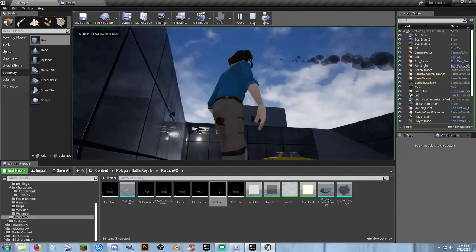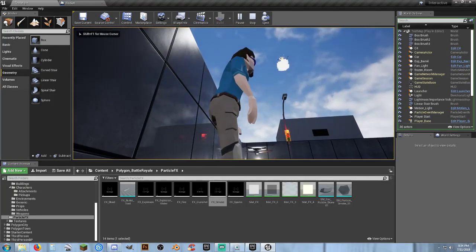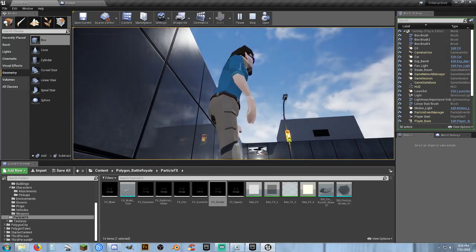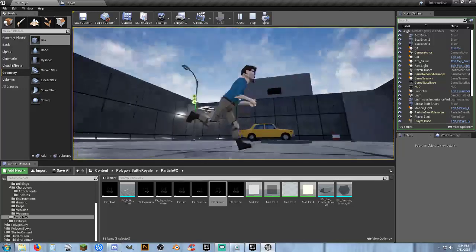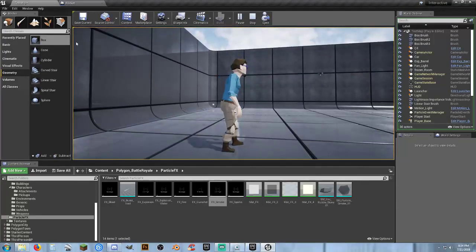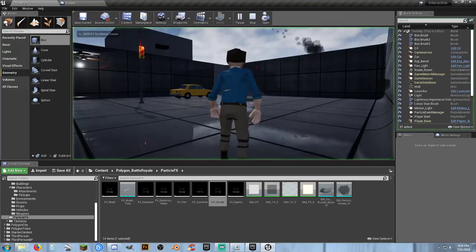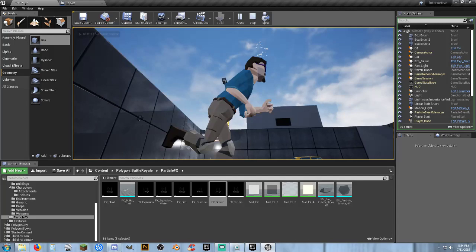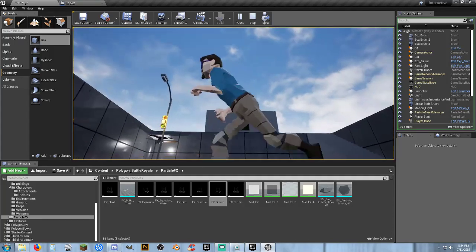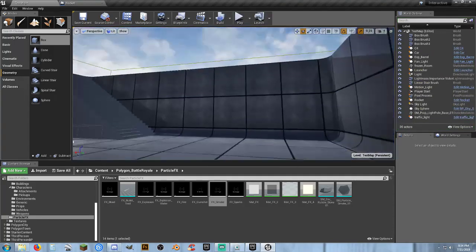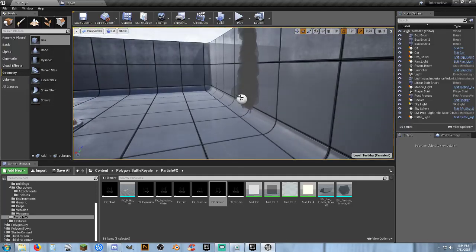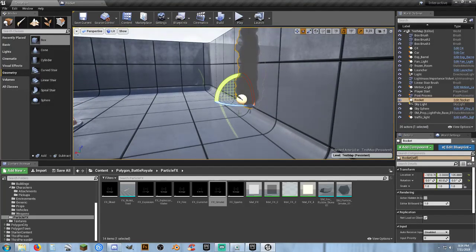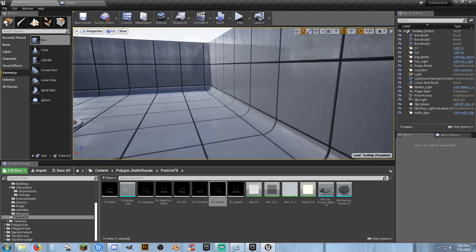So now, fire up, and then poof, explode. We didn't hear it because of the sound attenuation; it was too far away for us to actually hear it. Now, since the smoke trail is on begin play, and everything is set from event begin play, instead of it being here, what we can actually do is the same basic thing we were doing before with